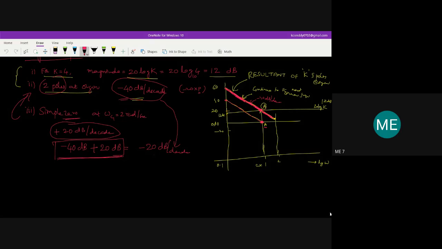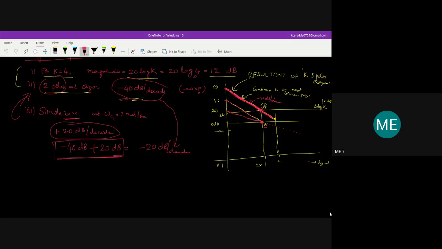So minus 20 dB is nothing but a line of slope which comes from 20 and A. When you join 20 and A, this is the line of slope which has the minus 20 dB. So in order to draw from the 2 radians per second, we need to draw parallel to this line. So you extend this line to find out which is the minus 20 dB, and then from this point,